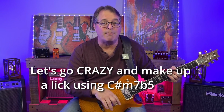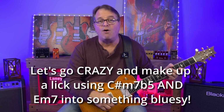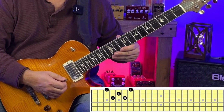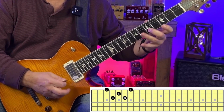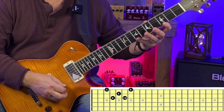What if we went really crazy and made up a lick using the C sharp minor 7 flat 5 and the E minor 7, and then resolved it into something bluesy over that A? Well, let's give it a try. Let's play a 5-note C sharp minor 7 flat 5 shape with B and C sharp on the G string, E at fret 5 of the B, G and B at frets 3 and 7 of the E string,